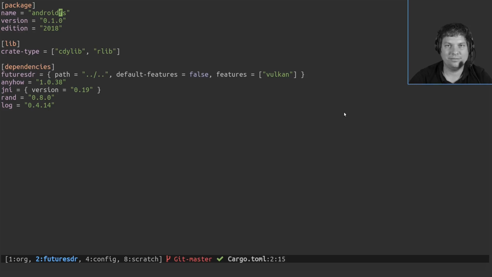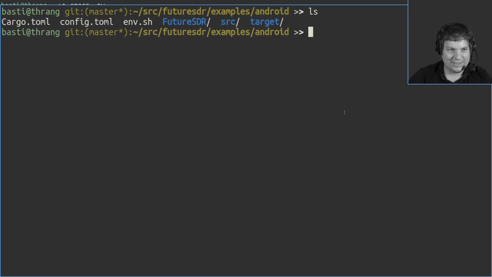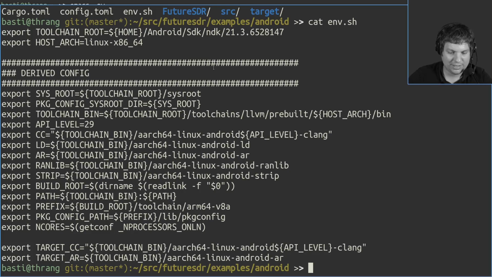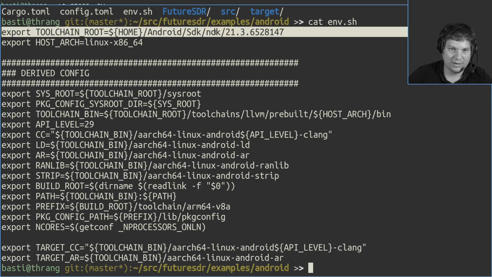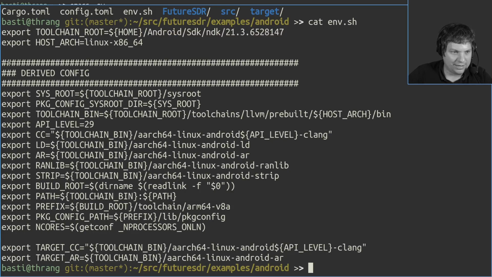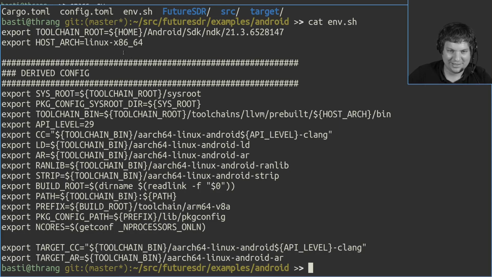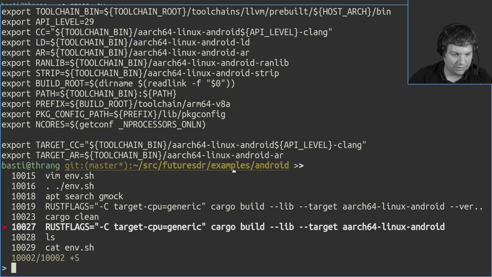Okay, so now comes the sad part, because we have to close the editor. For whatever reason, sometimes the builds interfere with the auto-completion and the ARM target. Anyways, so I have here an env script which sets some environment variables, mainly pointing to my NDK, so the Android Native Development Kit. I copied all of this over from when I ported radio to Android, and I guess that's actually not needed, but anyways, just set it. And then my history knows how to compile it.